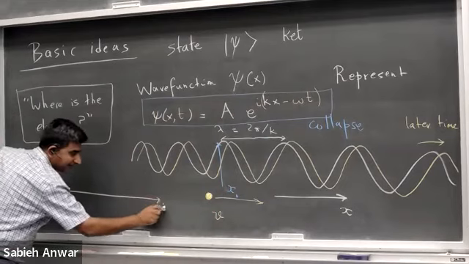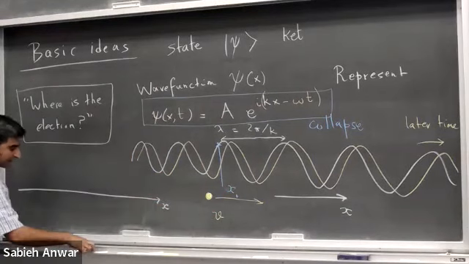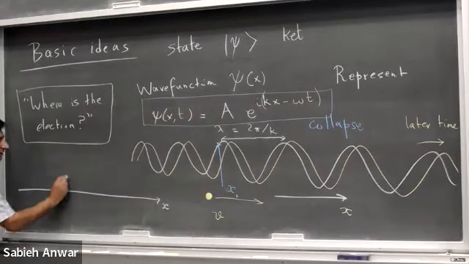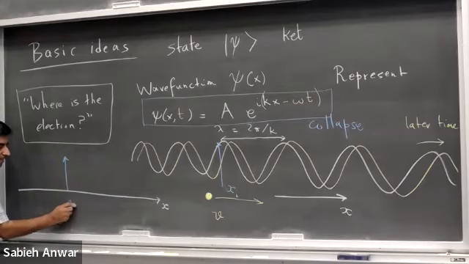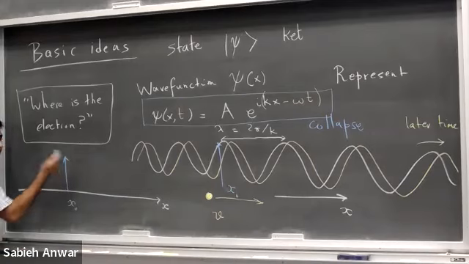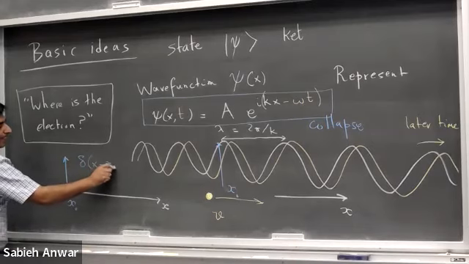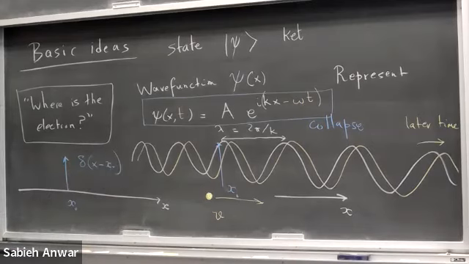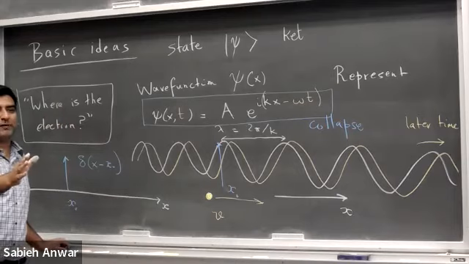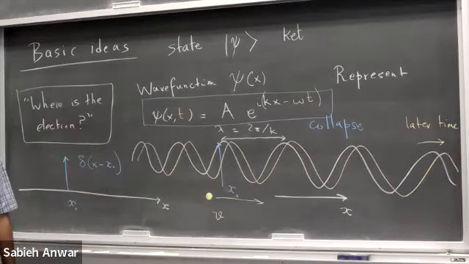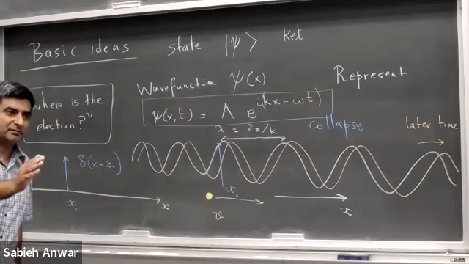This is your x-axis. Post measurement, your wave function is just a blip at x naught. And mathematically, this blip, which is zero everywhere and only exists at this point, is called a Dirac delta function. So now you have created a new wave function. The act of measurement creates a new wave function,